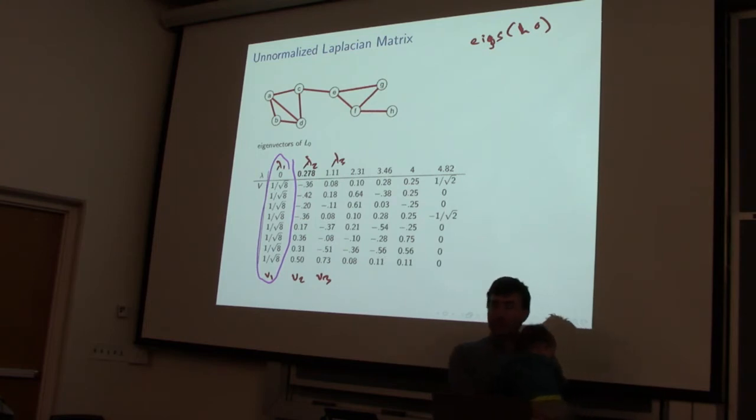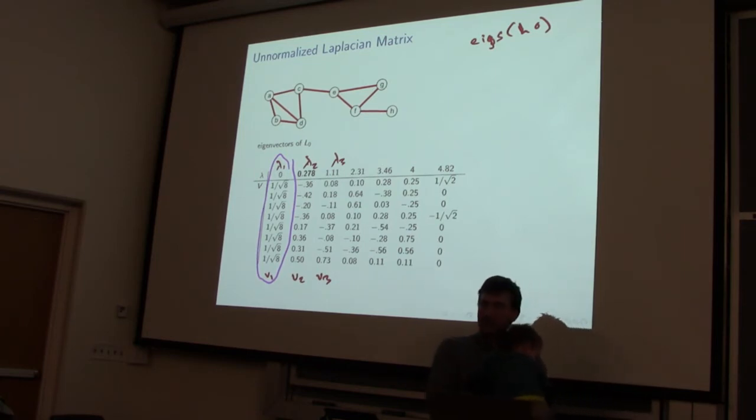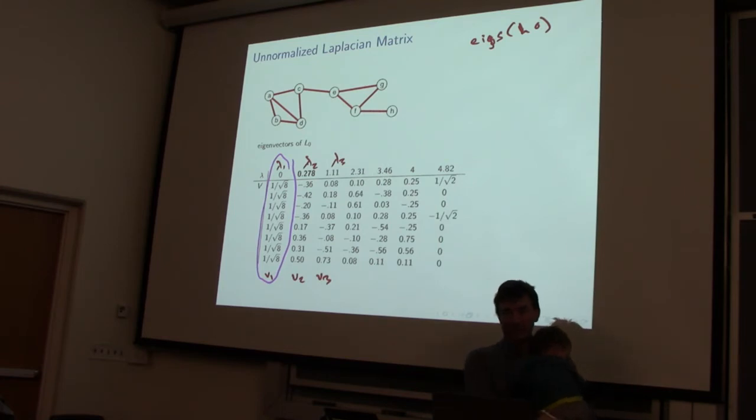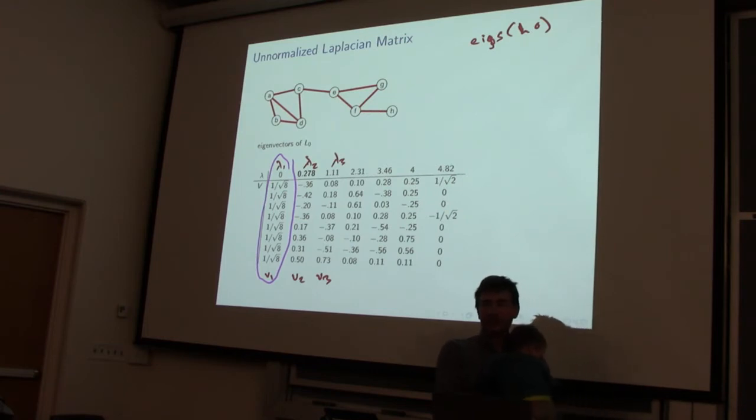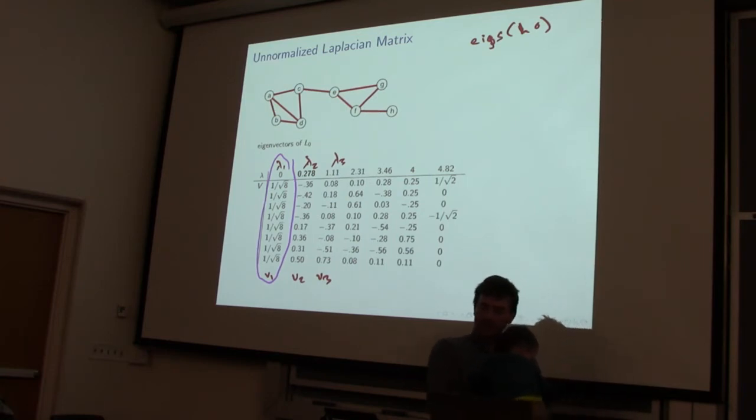If I have two connected components, that means the graph is not connected. I cannot walk along the edges from one part to the other. Then I'm going to get two vectors like this. That's really not telling me anything interesting for clustering, other than that the first way to split it is to cut it where there are no edges, right? But that's kind of not interesting. That's not the interesting case. The second one